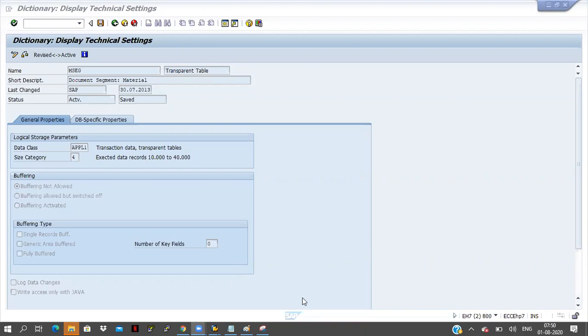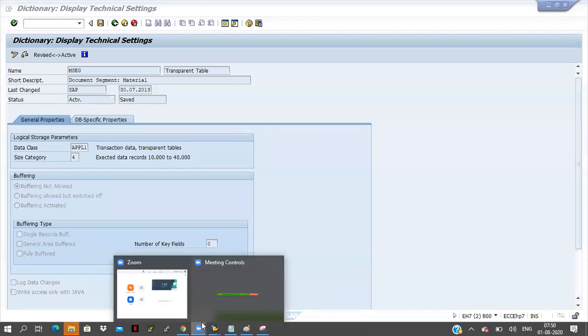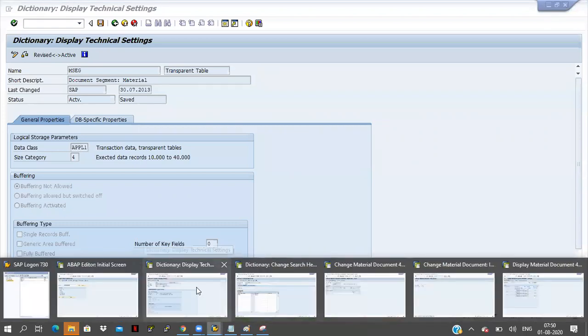Okay, so what are the four radio buttons here? Can be enhanced, character type, can be enhanced character type or numeric, and not classified.